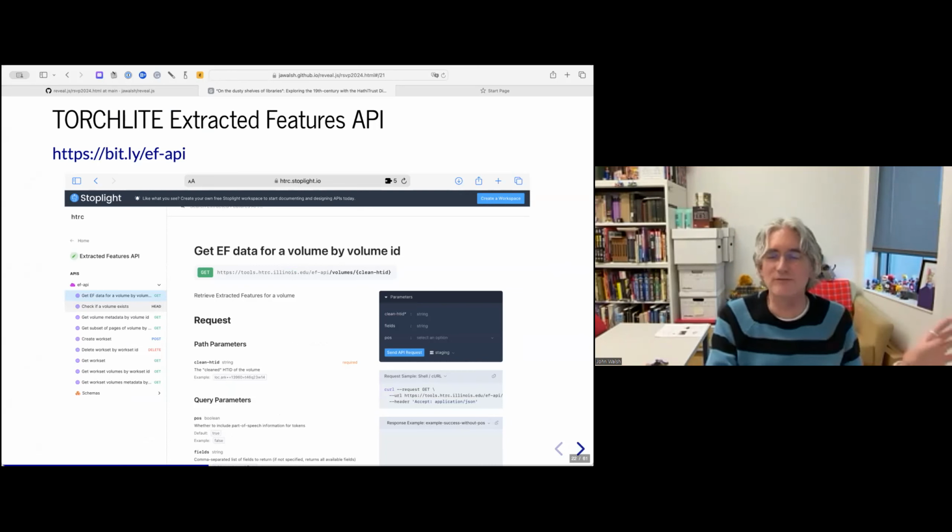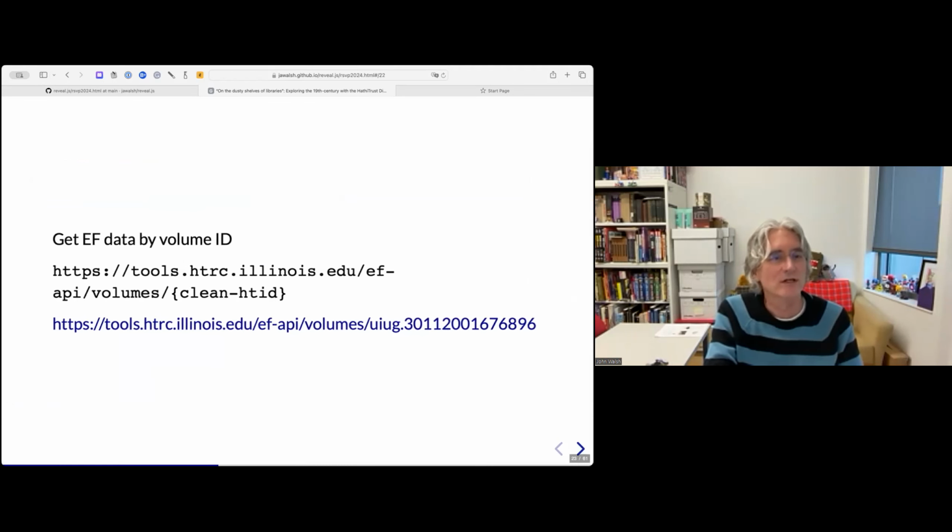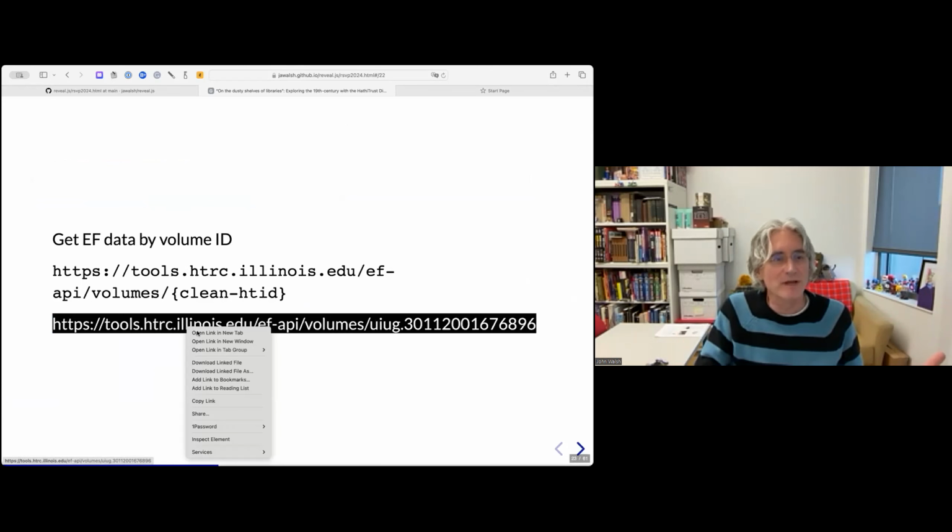So the previous way to access the extracted features data was a kind of esoteric Unix tool, rsync, where you would download the whole thing or portions of it to your desktop. And there wasn't easy access to get individual volumes or pages. And this API will allow modern web access, and people will build web tools like the things I just showed. So this is an example of a link that will grab the volume metadata